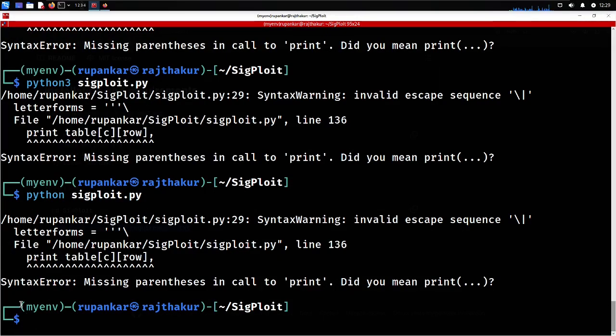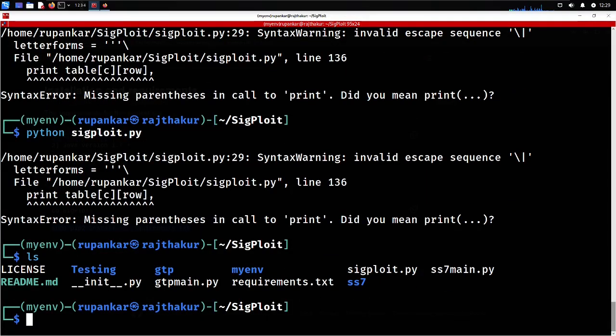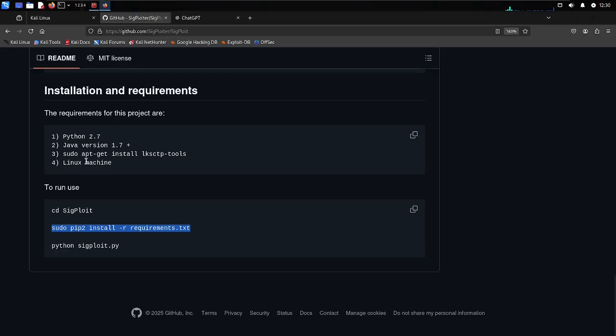But if I move back from here, I again need to set up the virtual environment, because without my venv, when I come back, it will not work. So you need to install this virtual environment. Only then will you be able to run pip on the latest version of Kali Linux. This was not an issue some time ago, but now Kali Linux has recently released a post where they have told us to just go with the venv. After a while this issue will be fixed. So right now there may be some issues with some code, and that's why I'm not able to run the exploit.